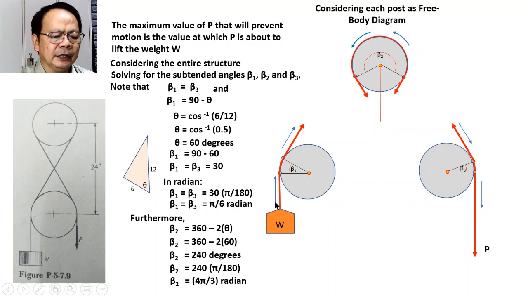Okay, if this will be the direction of the motion, then itong side na ito shall be the tight side. Tawagin natin itong T sub 1. At ito naman yung kanyang slack side. Itong T sub 1 na ito ay equal dito kasi dalawa naman ay magkakonekta. Ito rin T sub 1. At dahil itong